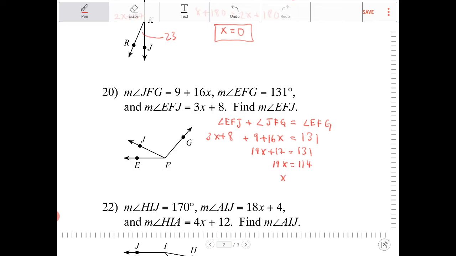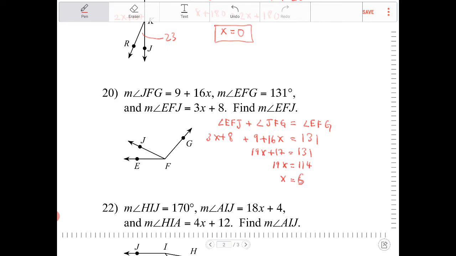Divide both sides by 19, so I believe that would be 5, right? Yes. No, that's not 5. It's 6. Because 6 times 9 is 54, and we want 4 to be the ones digit. So if x is equal to 6,